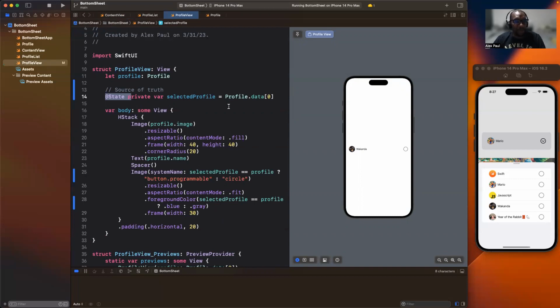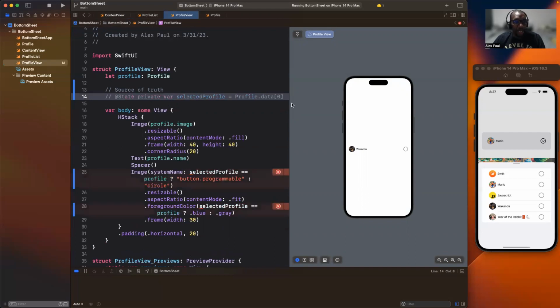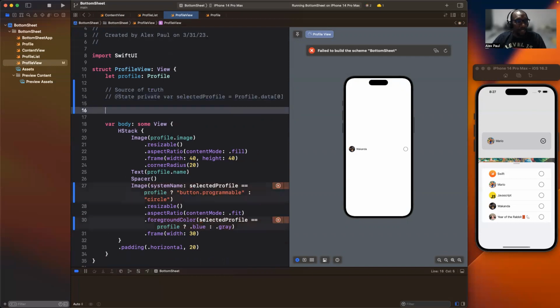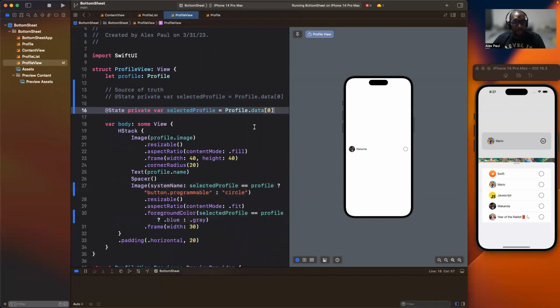If we want to go one hierarchy higher, to the parent, I'll comment this code out here, and I will copy this line and we'll do some tweaks. We can't use state here. State is not enough because state is encapsulated to its view. So we'll use binding,